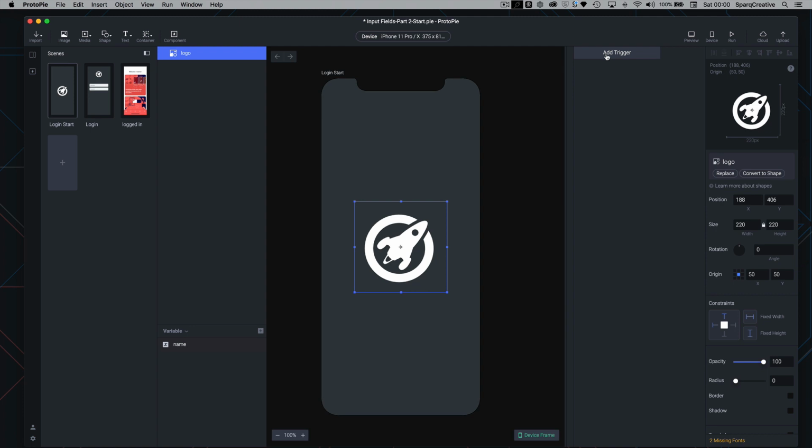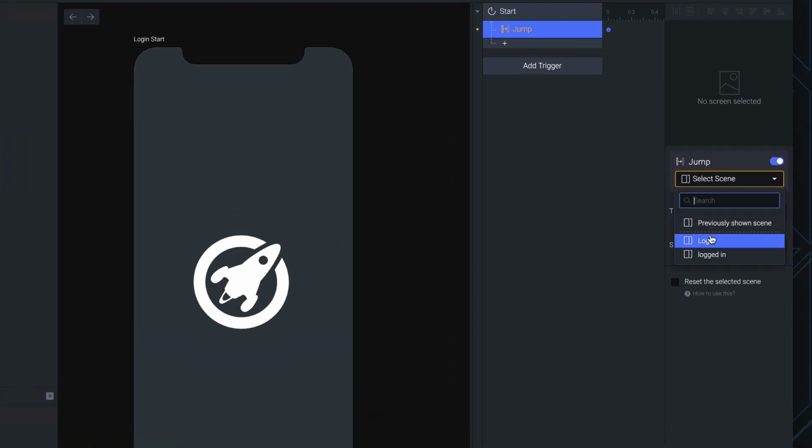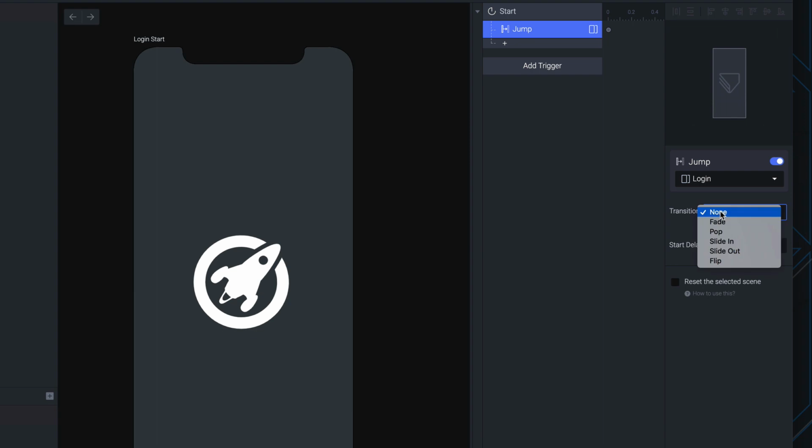So we want this to start automatically, so we're going to add a start trigger. Start triggers are triggers that happen when the scene loads. So if you ever want to do anything straight away as soon as the scene loads, then that's the trigger you want to be using. And we're going to add a jump response. Jump is the response that allows you to jump from scene to scene. And we're going to select our login screen,